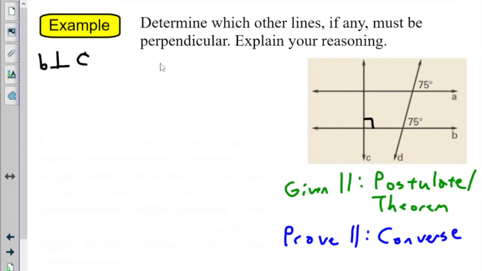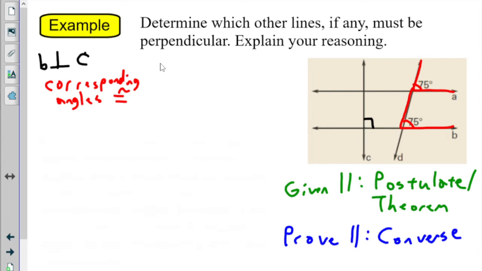So we have that right angle, but we also have these two other angles in my diagram. And they're both 75, so they're both congruent. And if I take a look, here's that angle and that angle. Oh, we know what kind of angles those are. Those are corresponding angles. And it just so happens that they're both 75, so the corresponding angles are congruent. Are corresponding angles supposed to be congruent? Yes, they are, which means